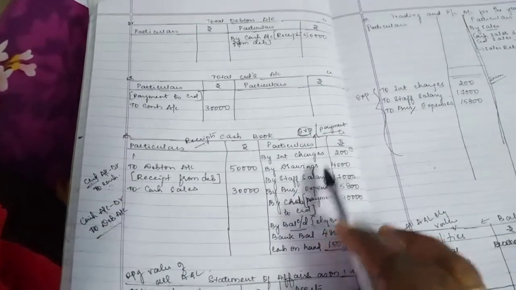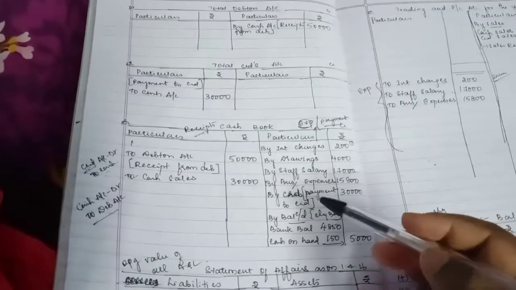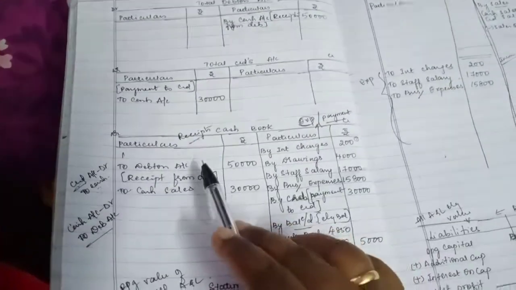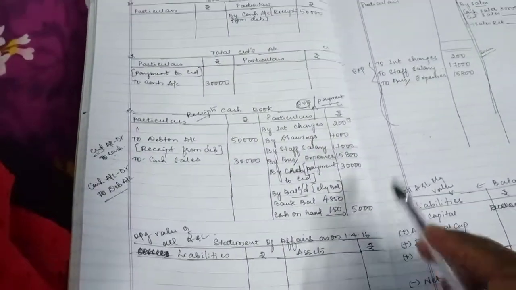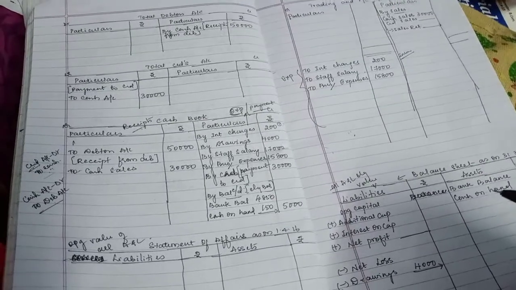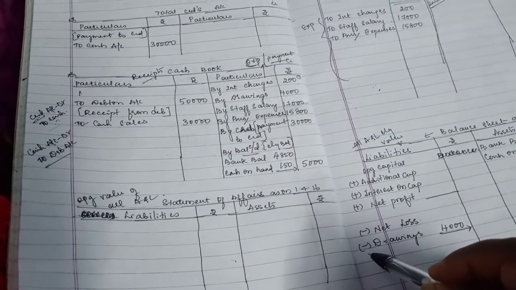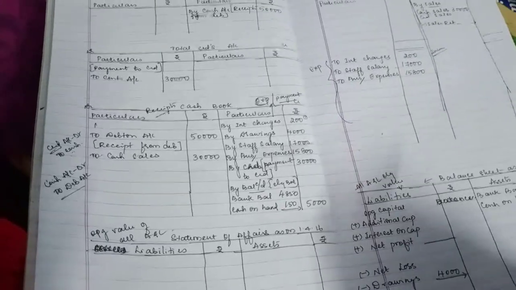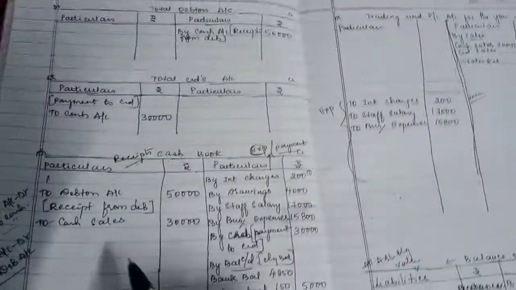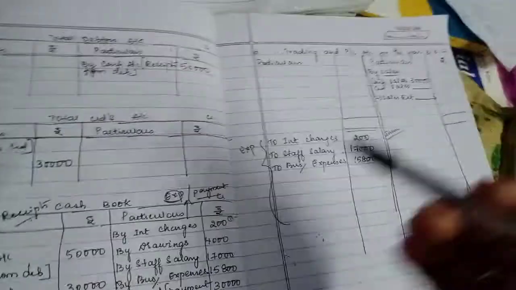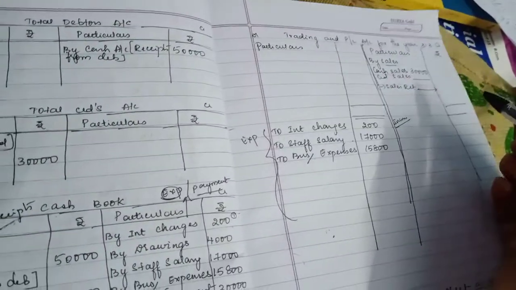Monthly expenses, whatever you paid, go to the P&L. What you paid to the creditor goes to the creditor account. What you received from the debtor goes to the debtor's account, and cash closing balance goes to the balance sheet. Drawings goes to the balance sheet, and you should minus it in the balance sheet. Clear? Cash sales come in the cash account because you are receiving the money, and second time it goes to the trading account on the buy side. Now all the cash transactions are over.